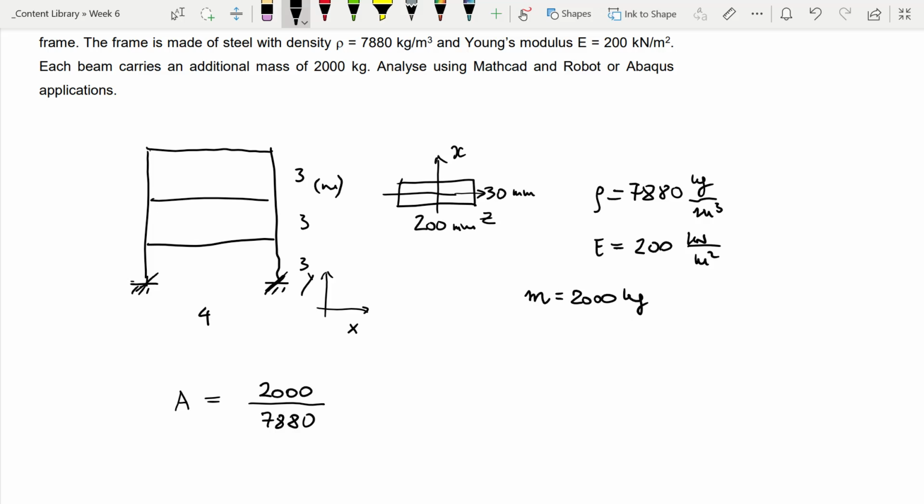So this is giving me the volume in meters cubed, and if I divide this by the length of the beam as well, this gives me the required area that needs to be added to the beam section. And I will calculate 2000 divided by 7880 divided by 4 equals 0.0635